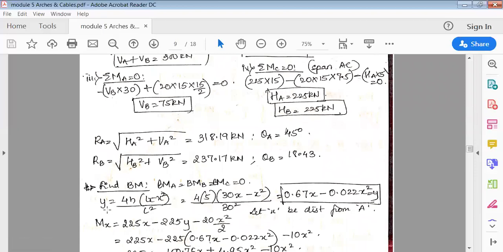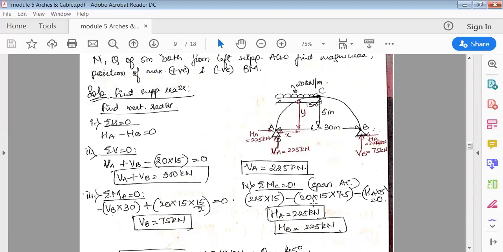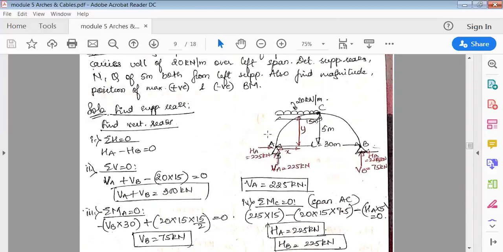Okay, so you'll get the value of y. So y is equal to 0.67x minus 0.022x square. Okay, so this equation will be used further. Now we know that bending moment would obviously be maximum in portion AC because it is